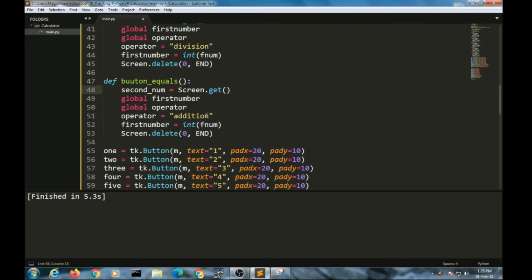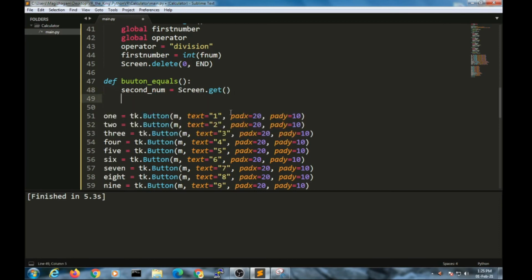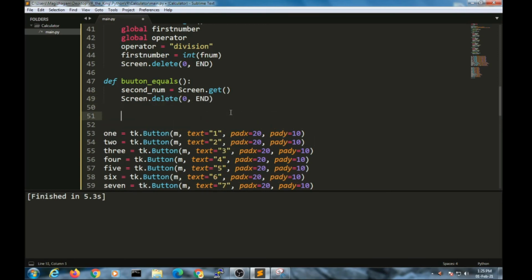So here we will have some different kind of operations going on. So we need screen dot delete the number, delete 0 comma end. So here's where we are going to check if the operator is addition, subtraction, multiplication or division. So if operator equals addition,